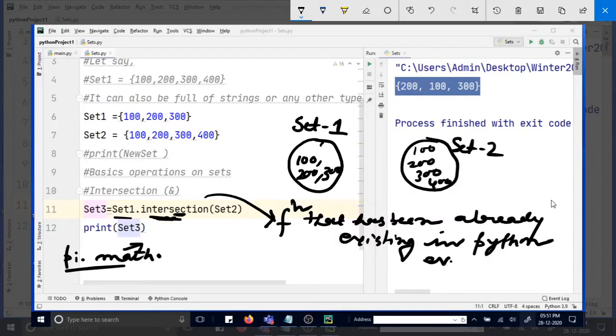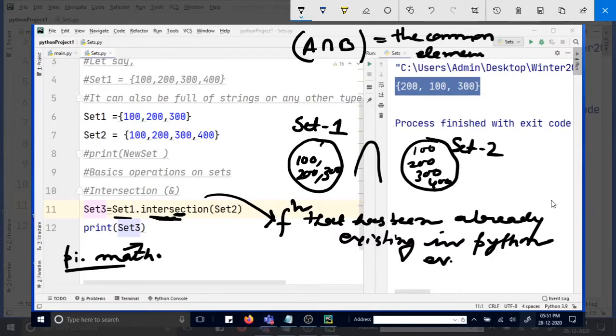So once you call intersection function, what it will do, intersection generally looks like this. So A intersection B is nothing but like this. Okay, this is A intersection B. So A intersection B means the common element between A and B. Now here common element is 100, 200 and 300, right?